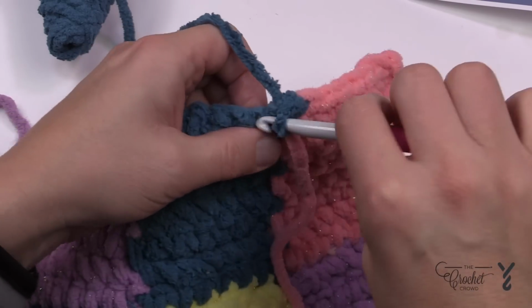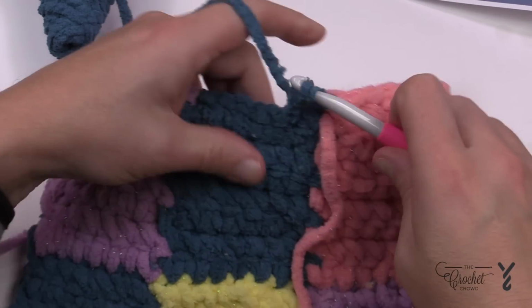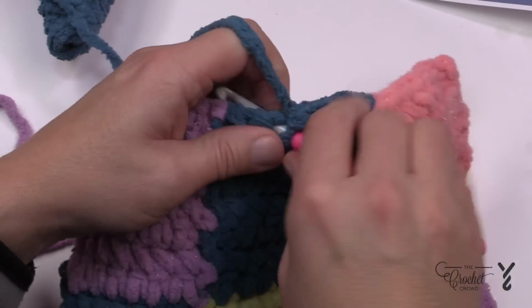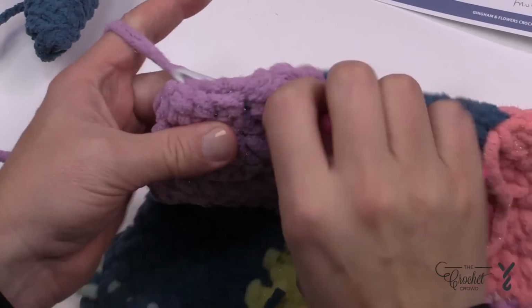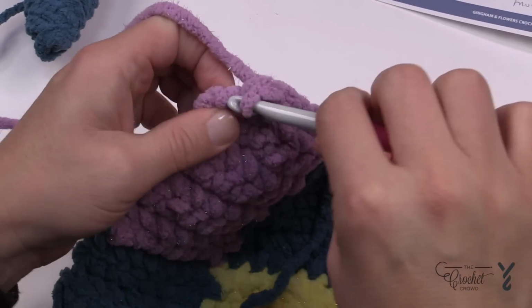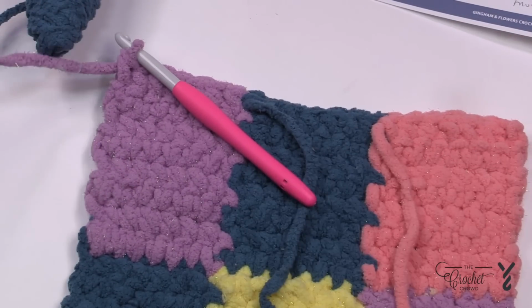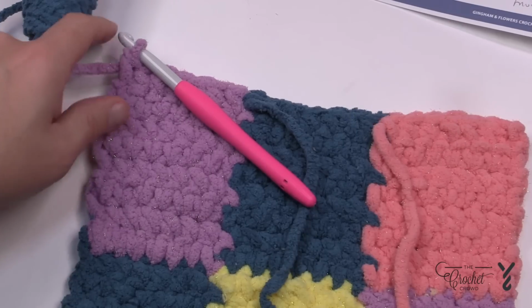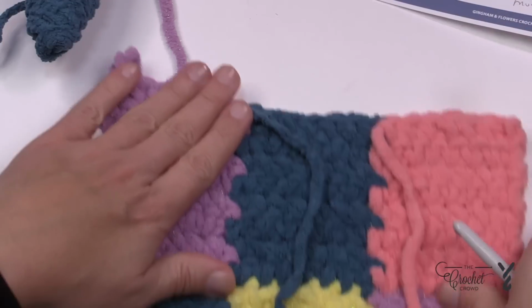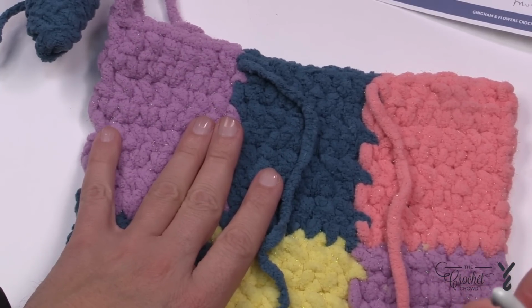So just continue to go all the way across, and if you're building on top of it, just build it like I just showed you, and everything should be good to go. And I'm going to move on to the edging next. So I'm going to finish this up here, and we're going to move on to the side edging, and this is going to be end. So I want you to weave in any ends that you have. I've already shown you how to do it, so I'm just going to ask you to do that. And you want to have your ends all woven in, and what we're going to do then is move along in this tutorial to doing the actual